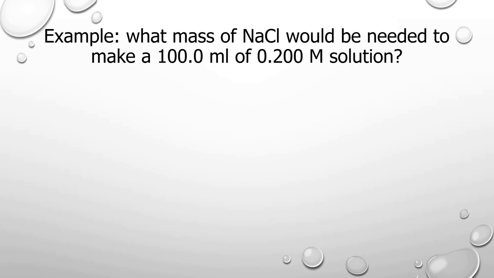So we're trying to look for the mass of NaCl. And we have the liters, so these are milliliters, we have to change them, and we have the molarity, so we're going to change 100 milliliters to liters. And we get 0.01. Okay. And then